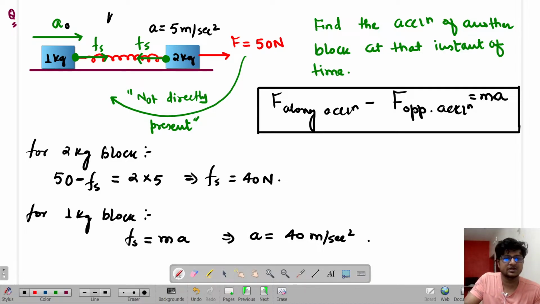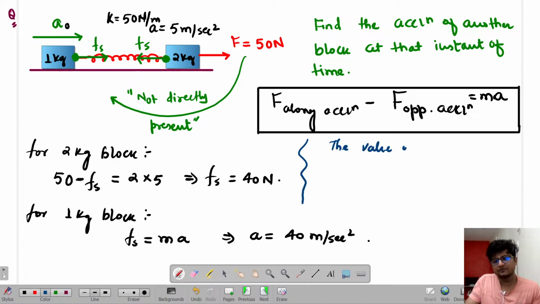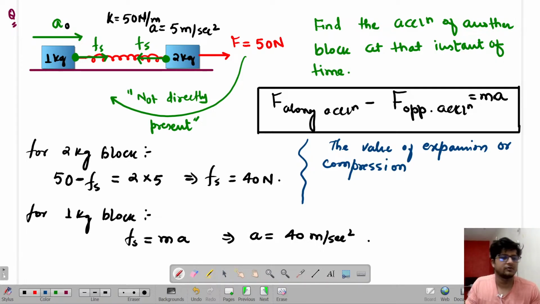Let's suppose I had given k is equal to 50 Newton per meter, so I can find the expansion or compression directly, because you don't know what is really happening. Is that clear or not? They have two different accelerations, so you don't know what is really happening. Either they are in compressed state or they are in expanded state. So whatever it is, the value of expansion and compression at this instant is simply